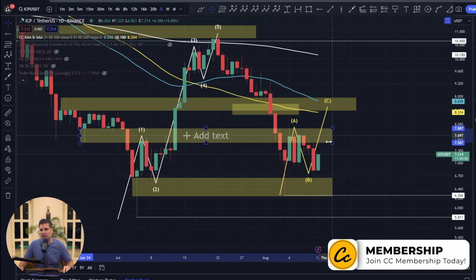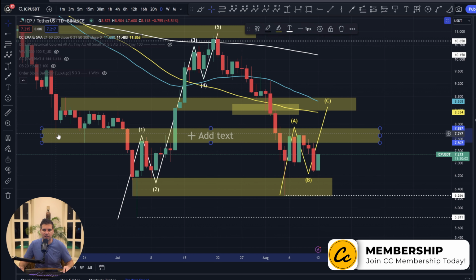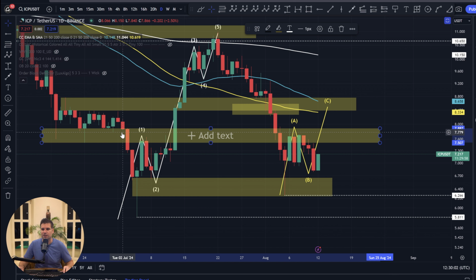But we do have to get past that current resistance, which was previous support. So over here on the left of the chart, from the 18th of June all the way through until the 2nd of July, all of this was a support range at $7.50 to $7.88. Most recently, this range has turned into our resistance. So what was support is now resistance, as it was also back here in early July.